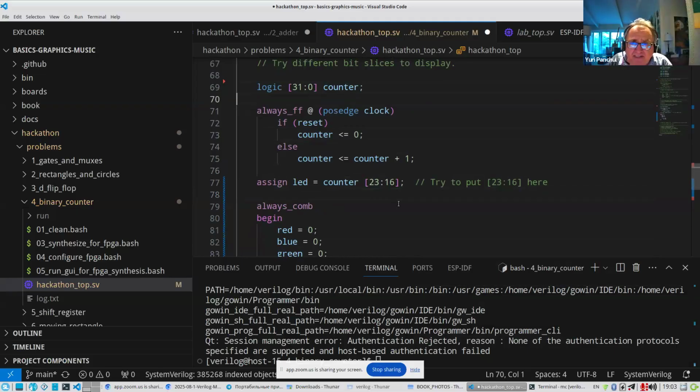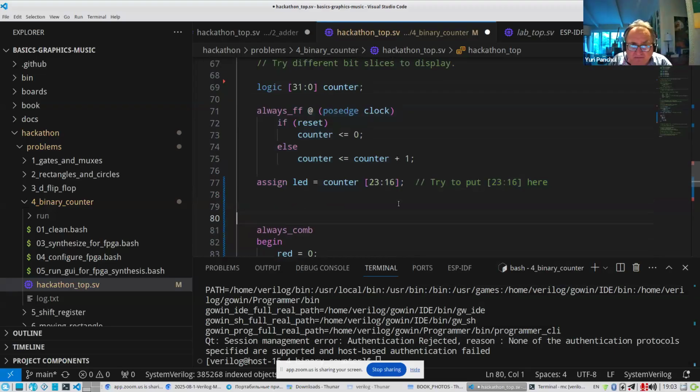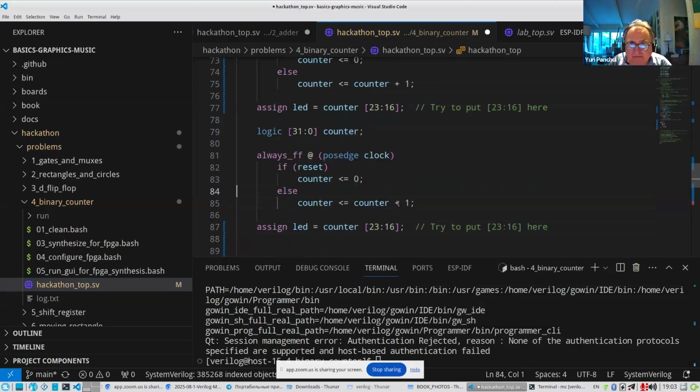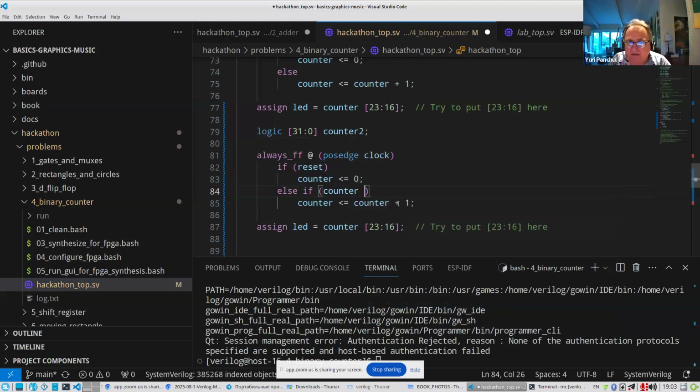So what we do is that we create a second counter called counter 2.